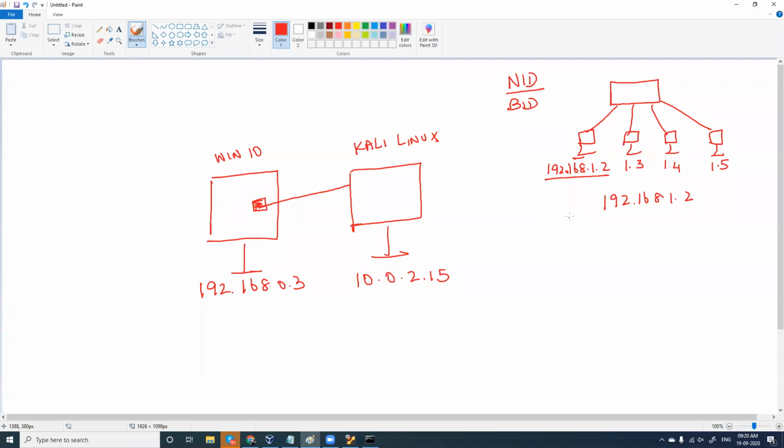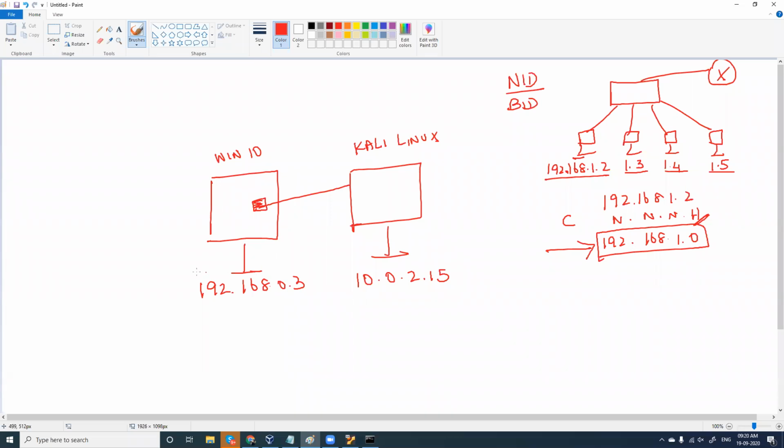You need to find the class. Step number 1, class is C, and you need to find the number of network and host portions. For class C, you have 3 network and 1 host portion. And to find the network ID, you have to make the host portion 0. So what will be your network ID? 192.168.1.0. Fine. This is your network ID. Even if you have a router connected to it, any computer in your LAN, you take any computer and try to find the network ID, you will get the exact same answer.